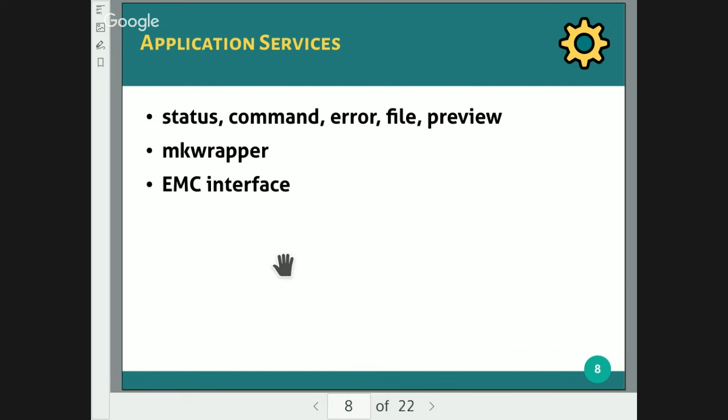Then we have the file service, which is new to Machinetalk because, since you cannot expect that the implementation is running on the same computer as the MachineKit instance, you need a way to deploy files. So the file service is basically an FTP server, which is announced on the network, which the client can use to see what's on the MachineKit computer and to deploy files, to download files, and so on.